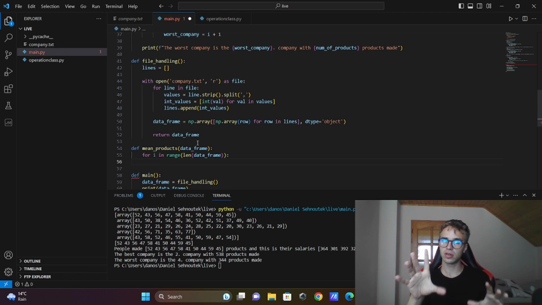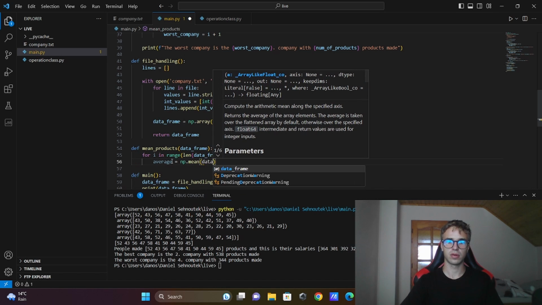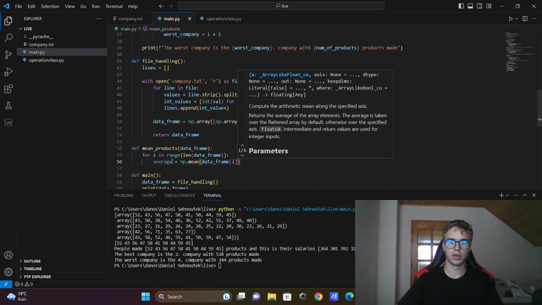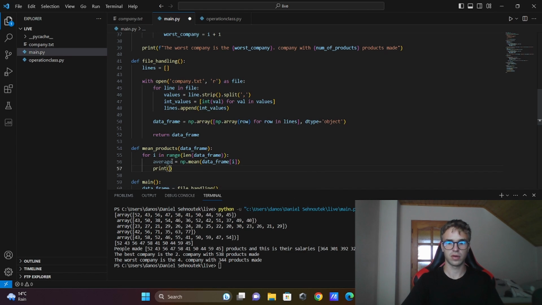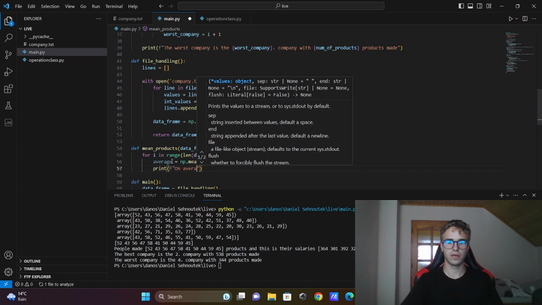There is another useful function in NumPy for that. You just write for every line in that data frame, as you can see, average like this. You use NumPy mean for that line, and also you will print out every line on average